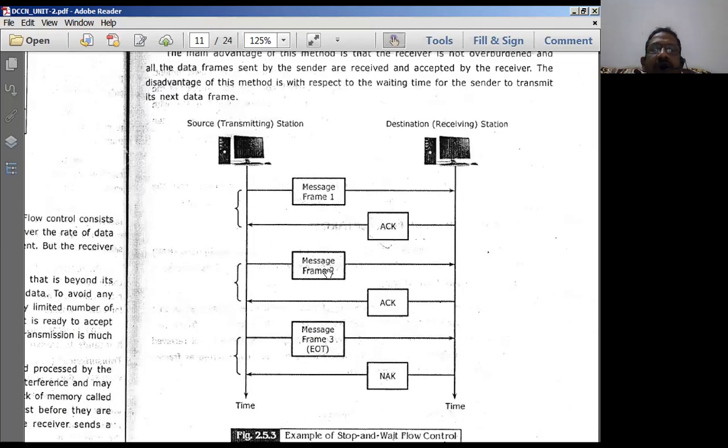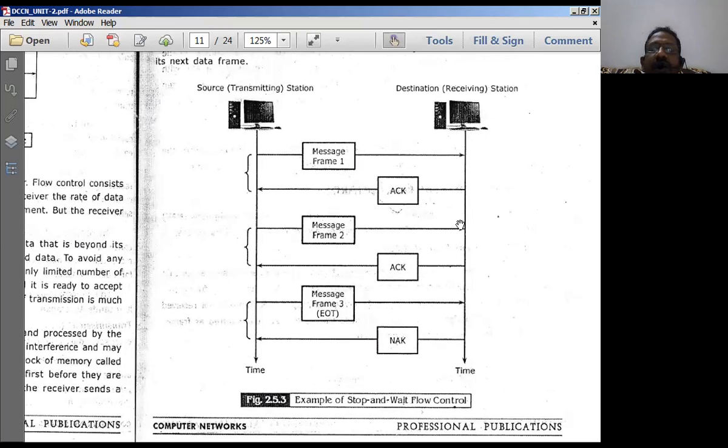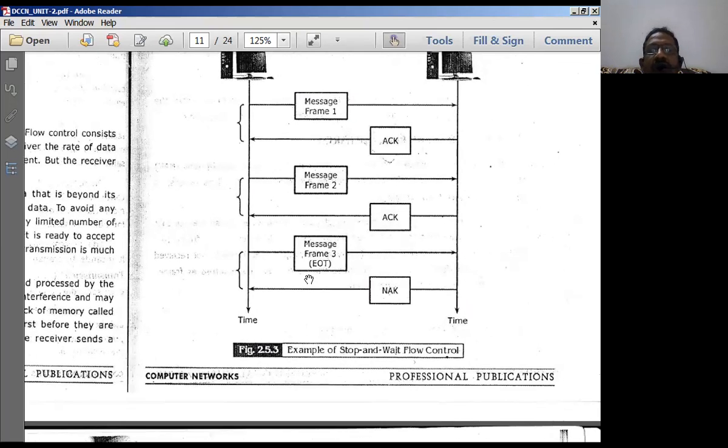At the end of the transmission, when the source station has nothing more to transmit, it simply sends a message to the destination station, a signal called the EOT signal, as message 3.